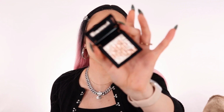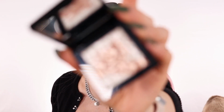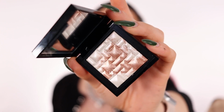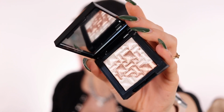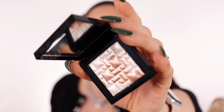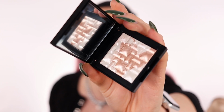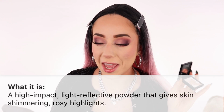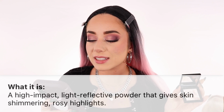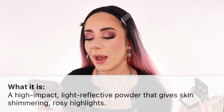This is also a limited edition, so this color that has kind of little shimmers in there with a different pattern is limited edition. You have other ones that are not limited edition, but this one looks absolutely stunning. It looks like a wet kind of highlighter. Apparently this is a high impact, light reflective powder that will give the skin shimmering rosy highlights, packaged into